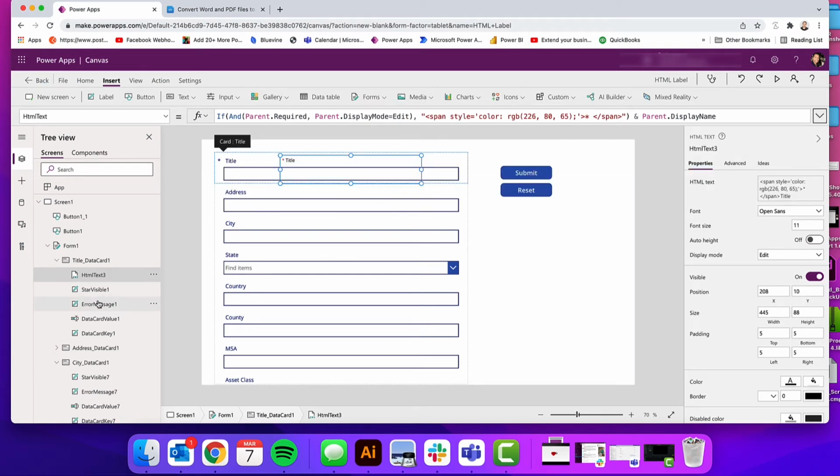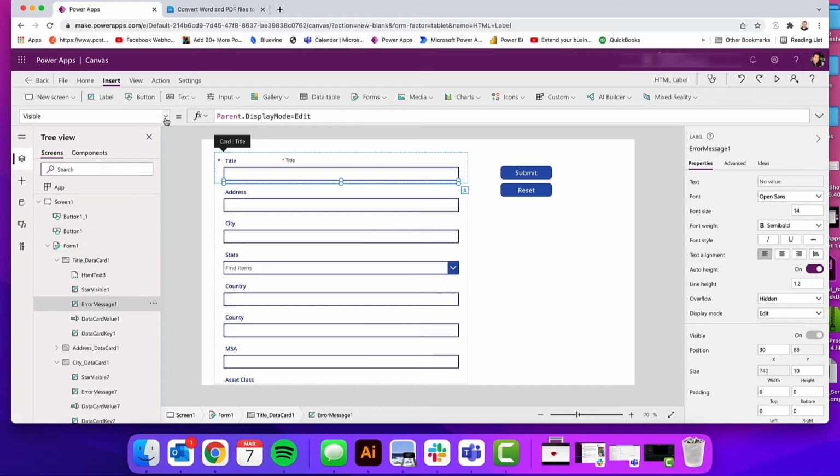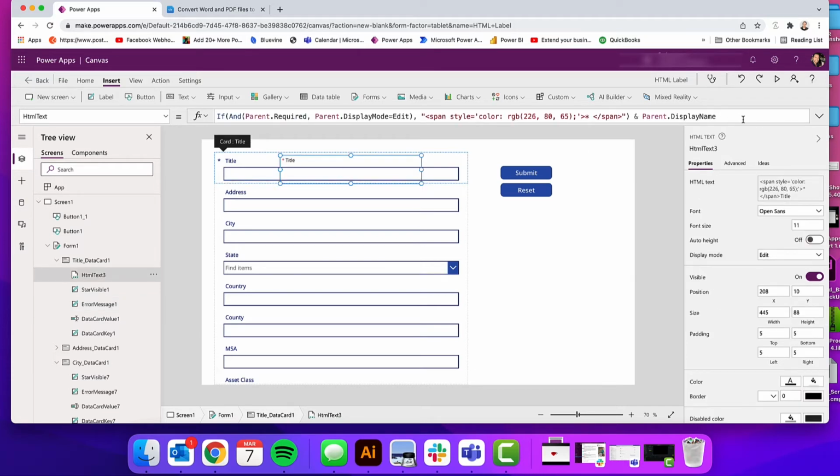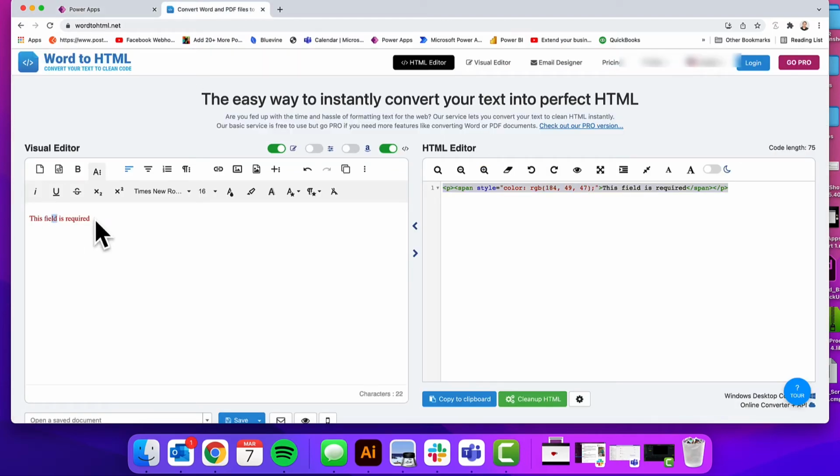Now for the error message, what I'll want to do is go to error, go to the text, and I can see I can just take parent.error, but I do want it to be in red because by default, if I just put and parent.error, it's going to be in black, whatever this default font color is that my label's in. So what I can do is type in here just any text and format it red so that I can get the HTML tag formatting. And the first time we didn't include the paragraph tag because we want it to be the first line, but in this one we're going to make it the second line. So I can go ahead and copy this,